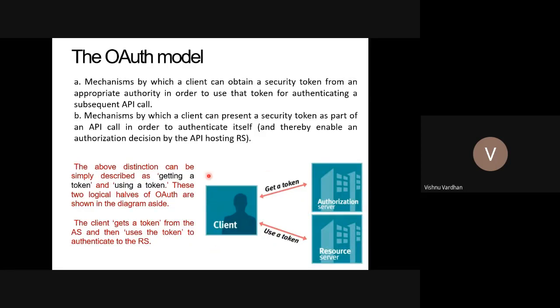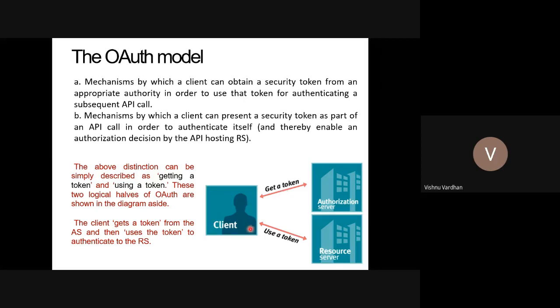Actually, the client is there. First of all, one authorization server will be there. This authorization server will be used for the authentication of this particular client. So whether this client is genuine or not, that can be verified from the authorization server. Then, if the login credentials are matching, he is going to get a token.